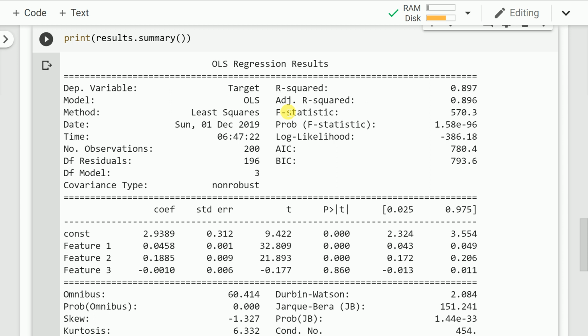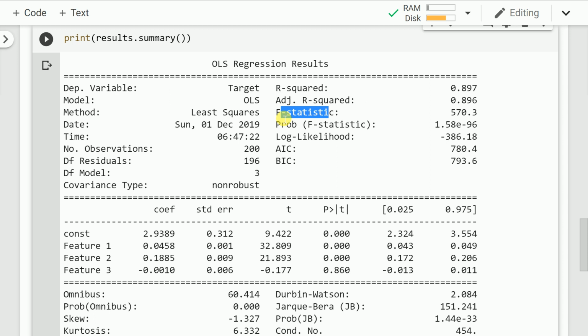If this idea is clear to you, let's go on to the next variable, which is called the F statistic. The F statistic, or the F test, is used for assessing the significance of the overall regression model. In multiple regression, which is the case wherein you have multiple features, which is the case that we are dealing with right now, it compares a model with no predictors, that is, in our case there wouldn't be feature 1, feature 2, feature 3, which is also referred to as the intercept only model. So you'll have only an intercept value, which is in our case 2.9389, against the specified model that we have, that is with feature 1, feature 2, feature 3.